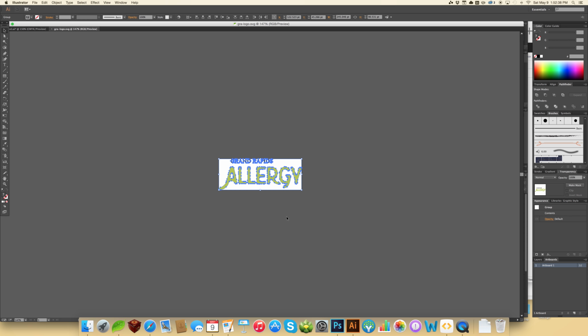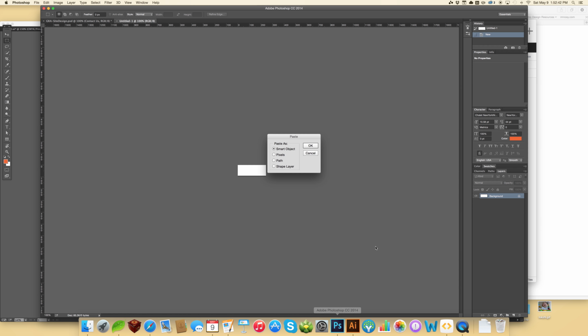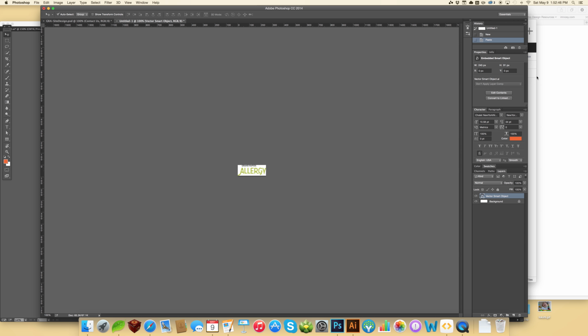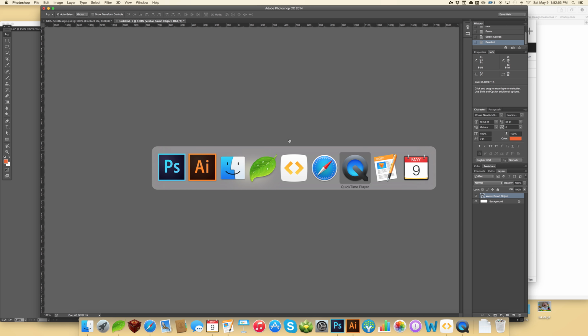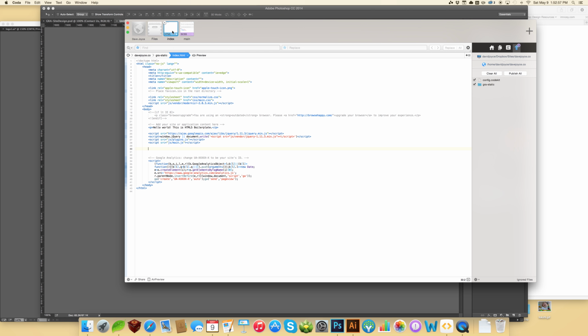Now I'm going to copy this, open up a new window, paste it in. Now I have 245 by 91. So I can reference this later when I'm laying it out here. So, okay, mobile first, baby. All right. So we got